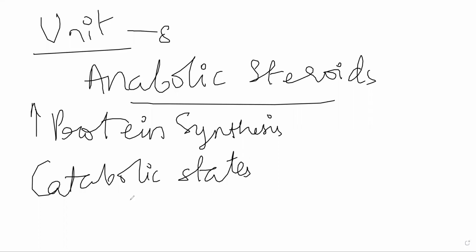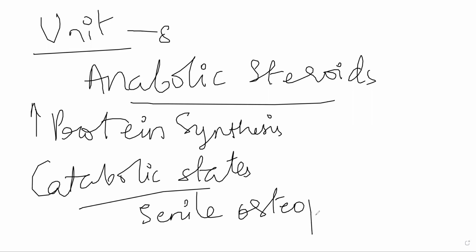So extremely old people, or suppose senile osteoporosis is occurring, osteoporosis induced by age. Because of advanced age, they are developing osteoporosis, or they are having muscle wasting diseases, catabolic states essentially, where their body is in general catabolism. These hormones are very helpful in those patients, because this will externally induce anabolism in them, and they'll be able to maintain their body mass, they'll be able to maintain their health in general.